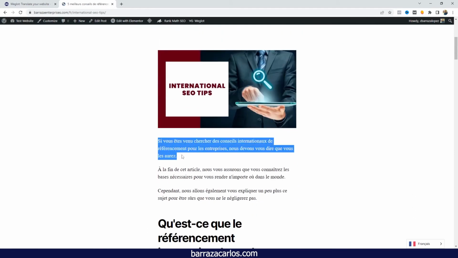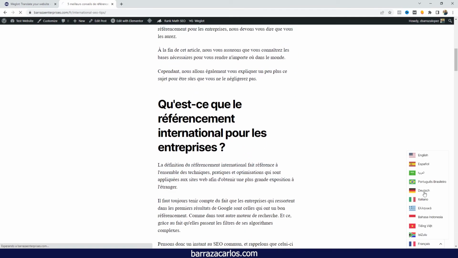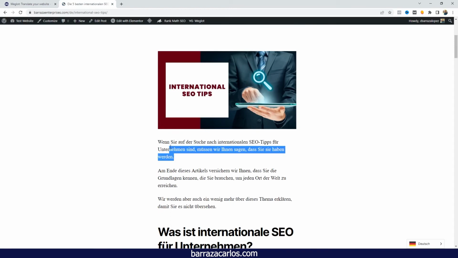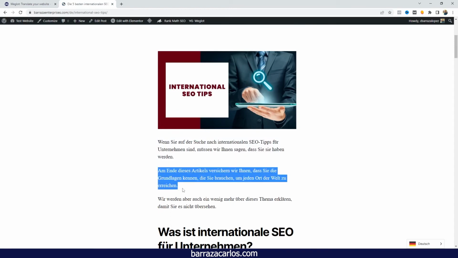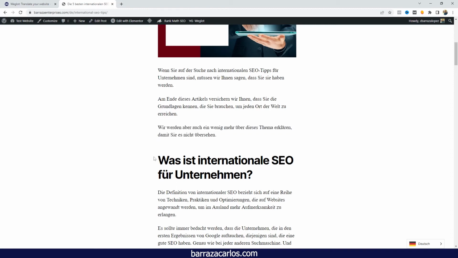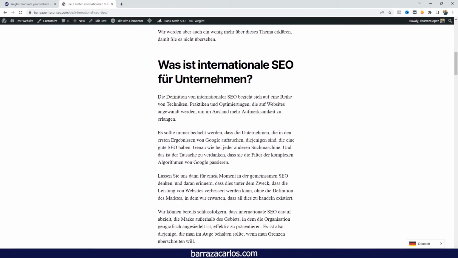As Weglot is originally based in France, French should be one of the best languages available, as well as German. The quality could also be considered a good one. Of course, German is not an easy language. I do also know a little bit of German from living there in Germany. But as I said, if there are changes to be done, they can do it